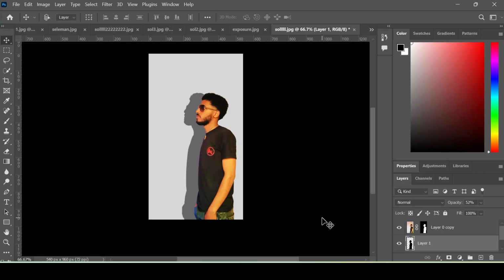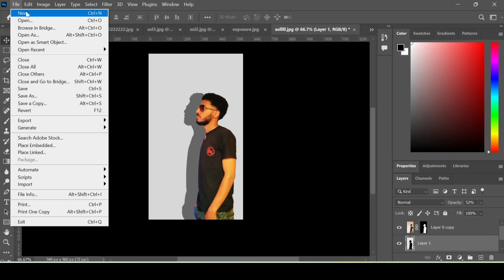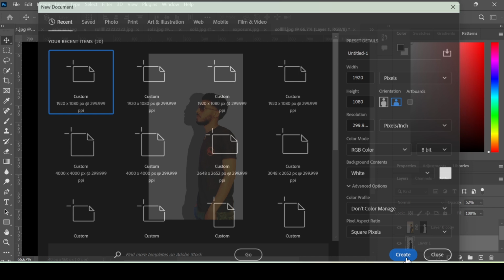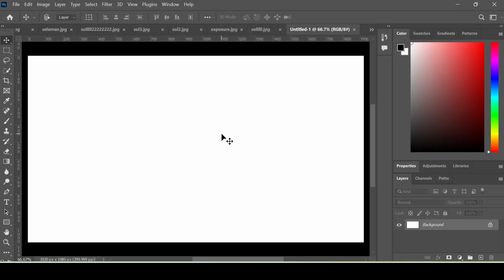The next thing we're gonna make is just text effect. That is simply making text good looking. Create a new canvas with white background. So the background will be white. I will create it. Now I'm gonna write my preferred text like text effect, but before that choose your text tool,